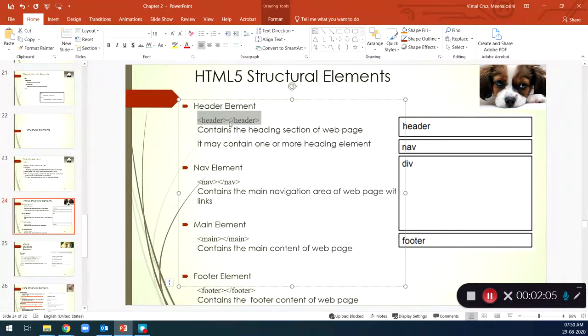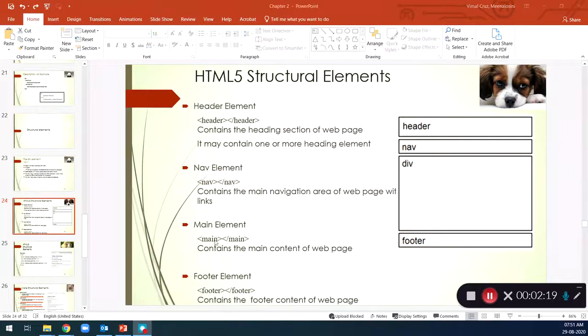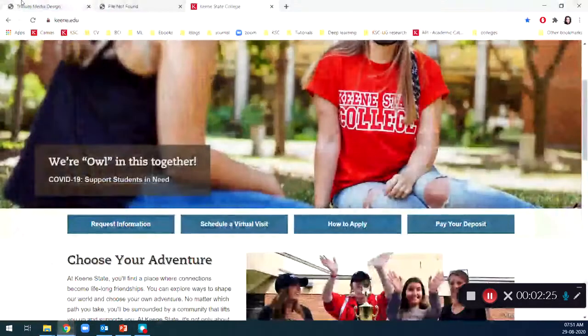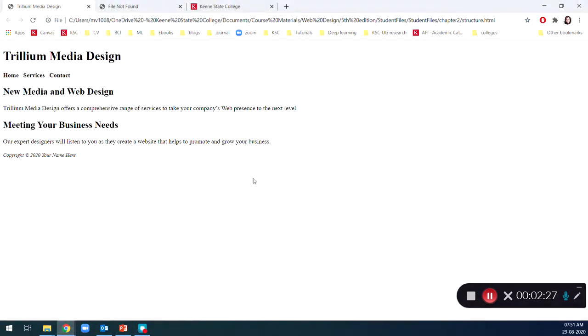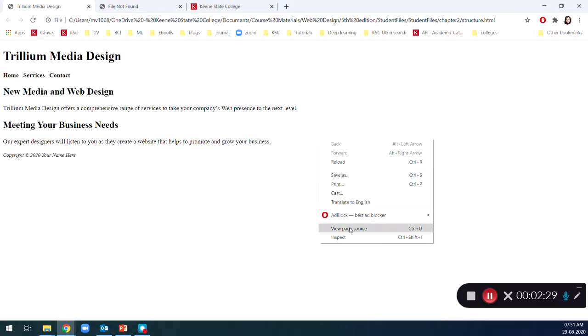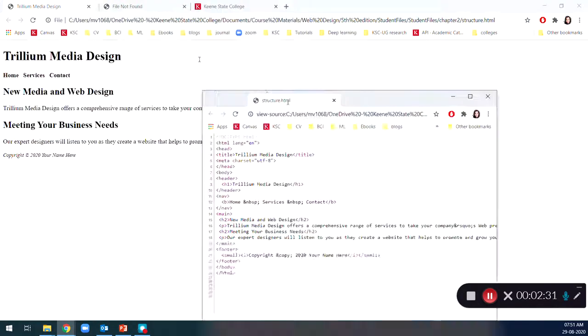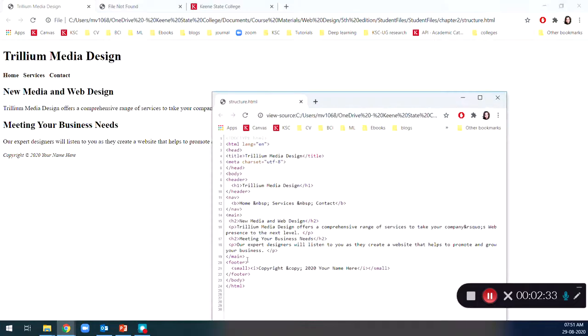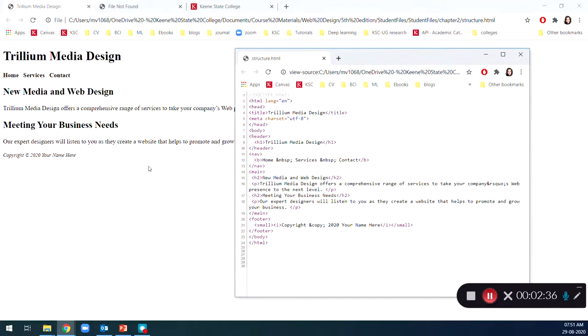Whenever you specify some content between this header tag, that will get displayed as a header, and all the content between the opening nav tag and closing nav tag will get displayed as a navigation, and then the main content and footer. So instead of just showing it as content, I'll just show you the code. View page source. So you can see the coding for this content.